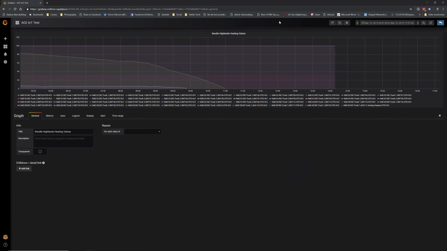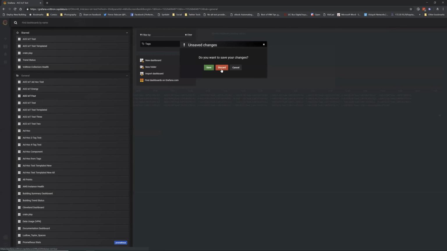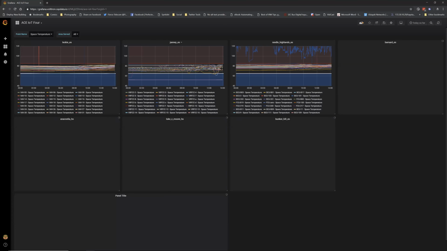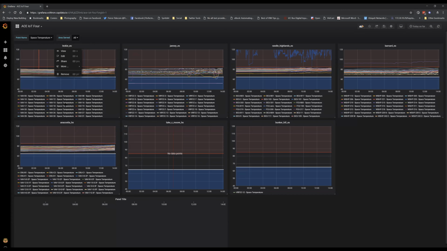We also get some things in Grafana that are really nice around templating. So with templating, we can query our database for a particular type of value and then generate graphs and visualizations interpolating that value. So in this case, if we look at this first graph here, it's the only one that actually has